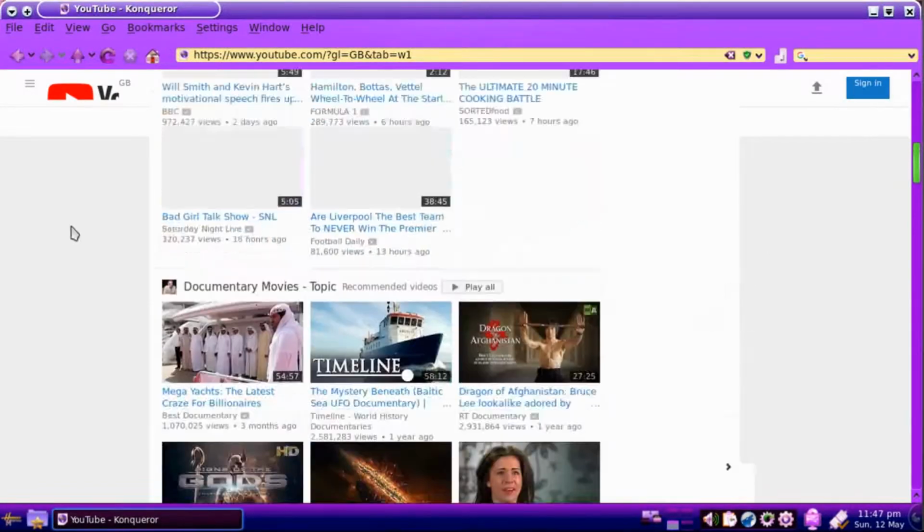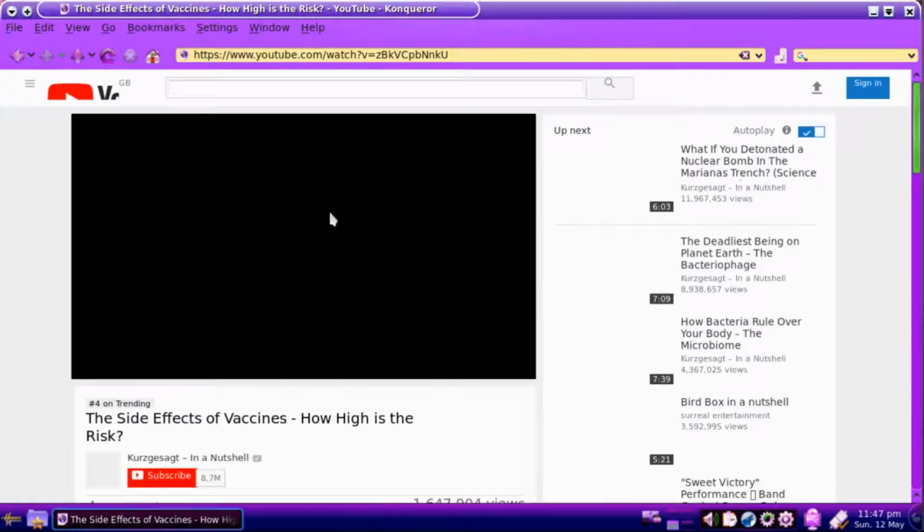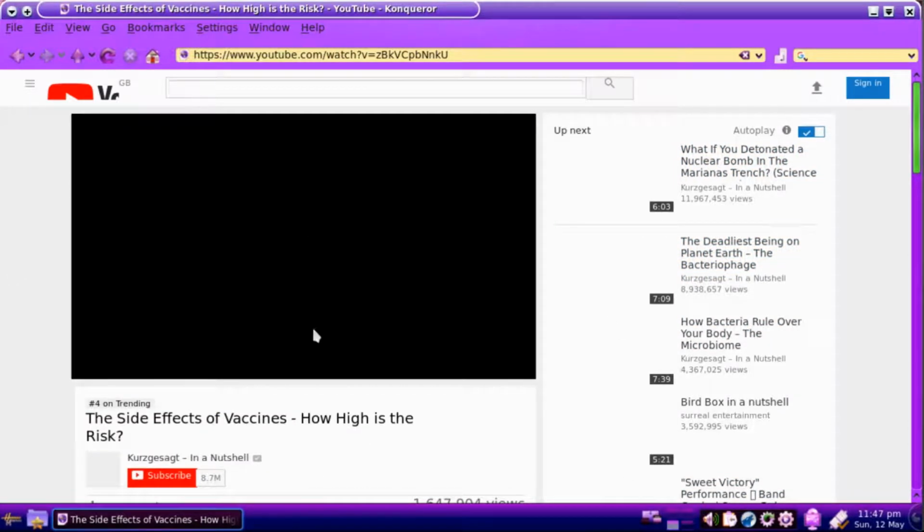Timeline, whatever that is. Notice how the YouTube logo is very weird looking. I'll click on a video, just a random one. I'll give it a few seconds. The thumbnails haven't loaded properly yet, and nothing's loaded on here. Now, I could say that this is probably the effects of running this on a virtual machine, but